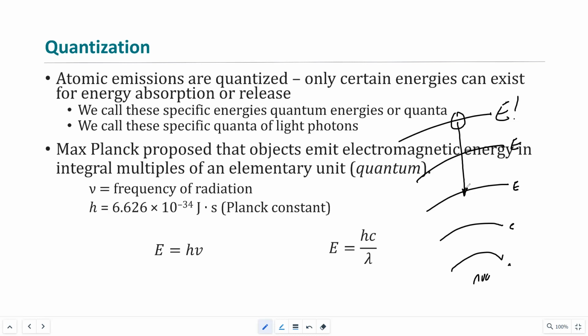And the resulting light that comes off of that energy transition is going to have a very specific energy as well. And so if we think about things in terms of energy levels and the fact that quantization restricts what energies those energy levels can have,